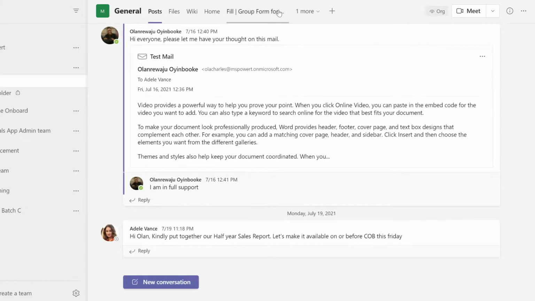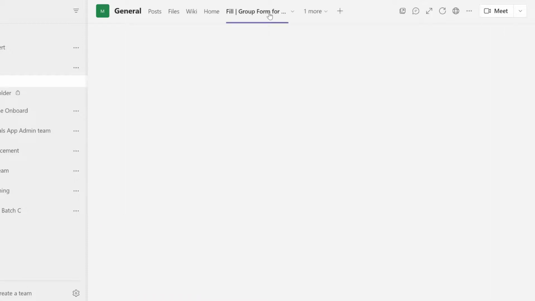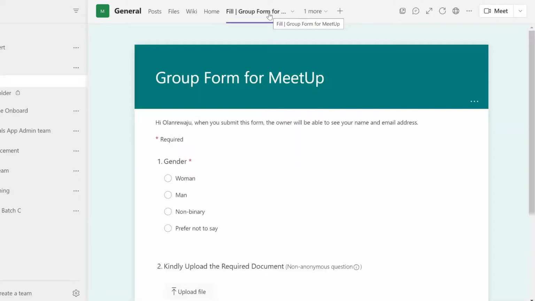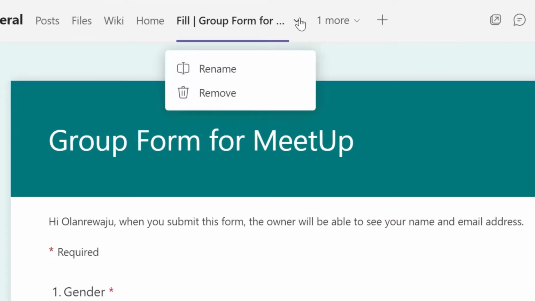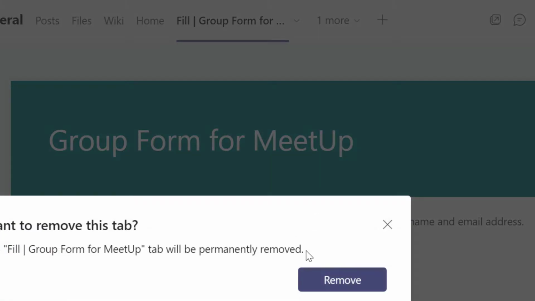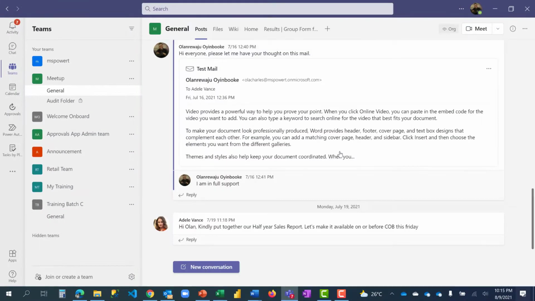Take for example, because this form is not meant for my team member to fill, just for them to see the responses, while everyone across the organization can fill from there. So I can also remove the fill while I leave only the results. Group forms is also being managed within Microsoft Teams, because we're also within that group. Right. The other thing that I want to show us to wrap it up is you can also create a